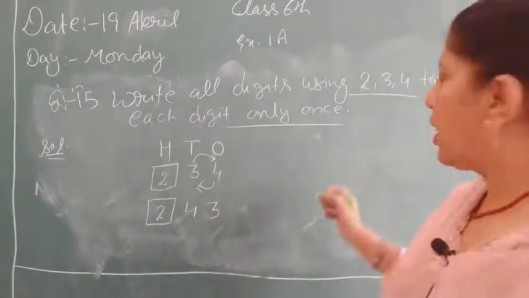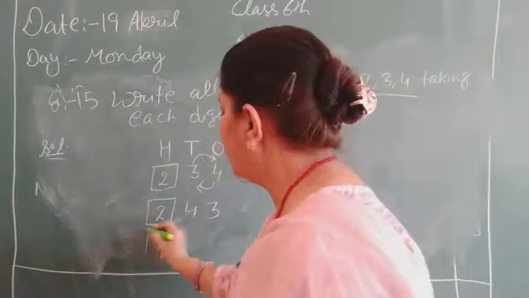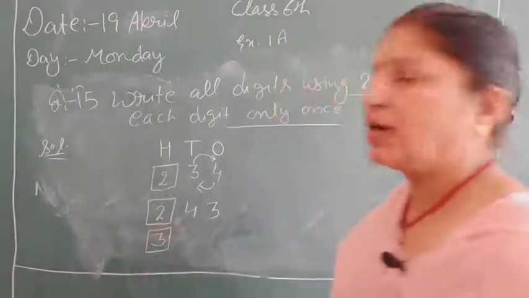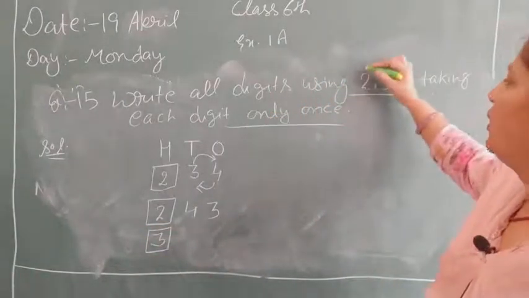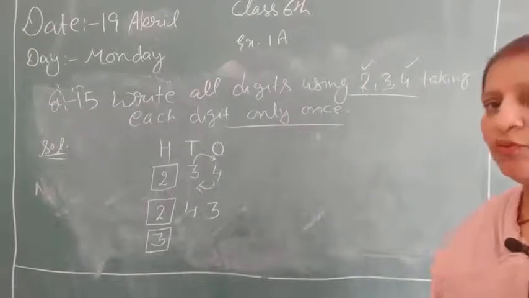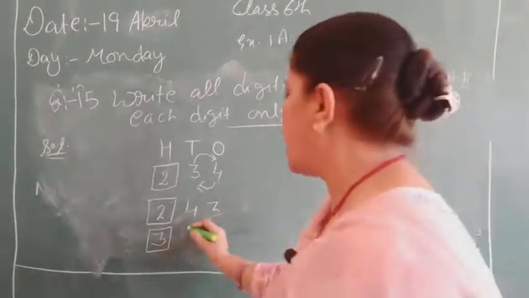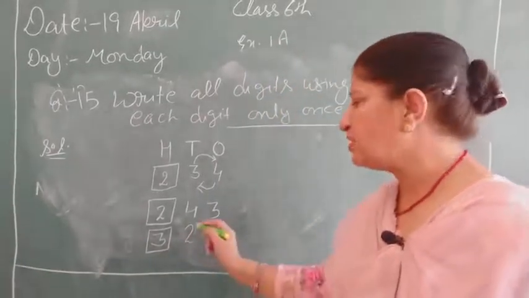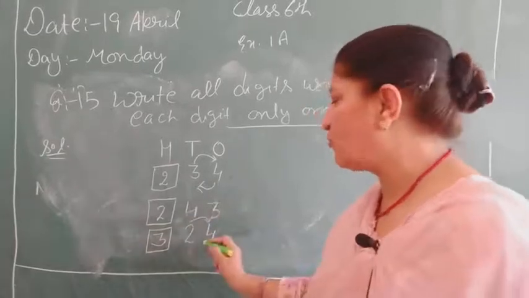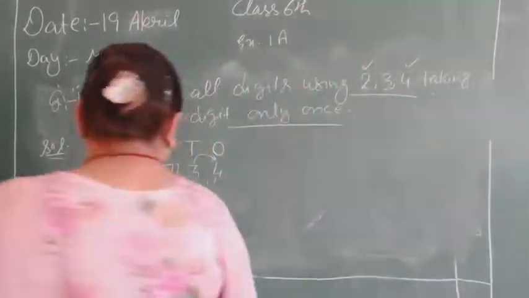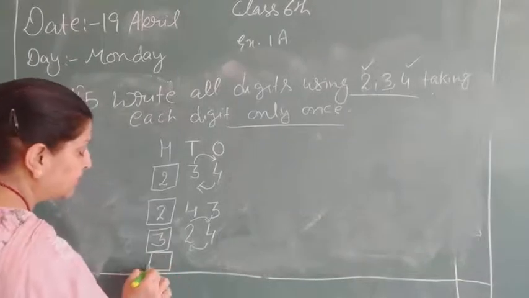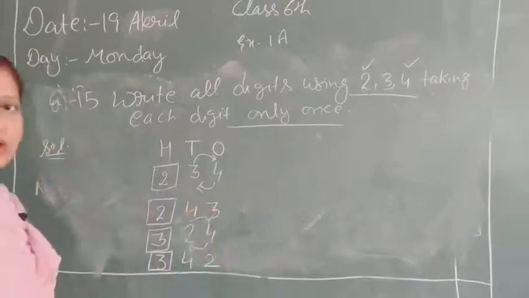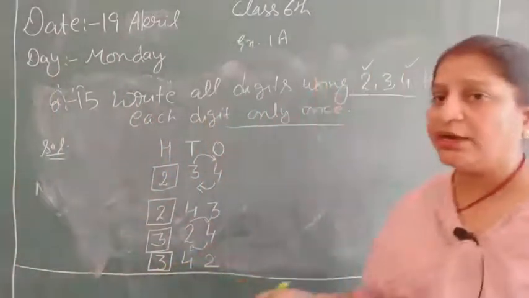Now in the next process we fix the other number, which is 3. Now we write here at the 100 place 3. Now our remaining digits are 2 and 4. So we put these 2 digits at the places of tens and ones. Again we follow the same process. We have to change the places of tens and ones, and after doing this we see that our 100 place digit is fixed and the tens and ones place digits are different. So our number becomes 342.